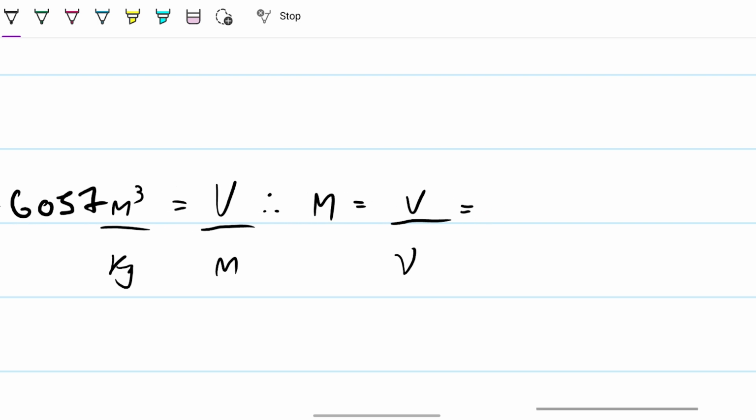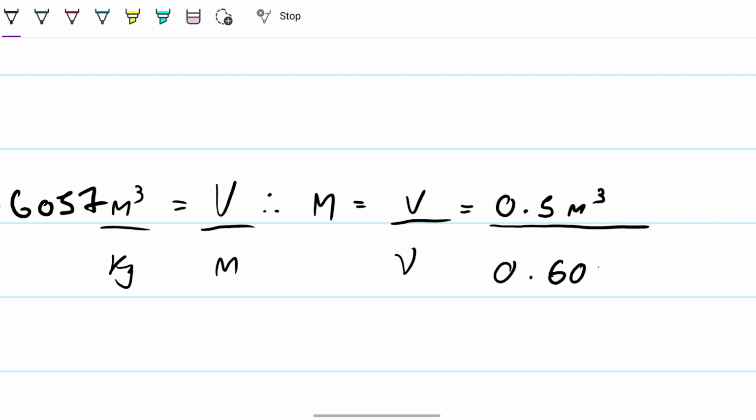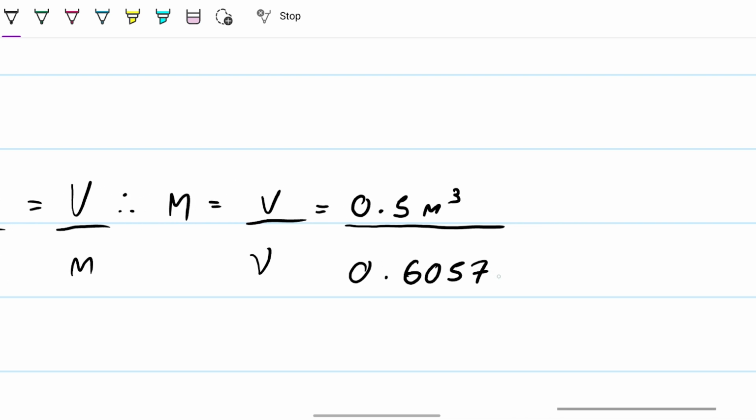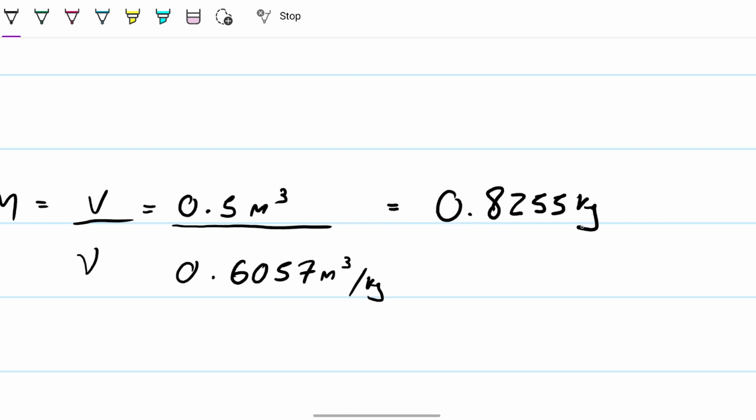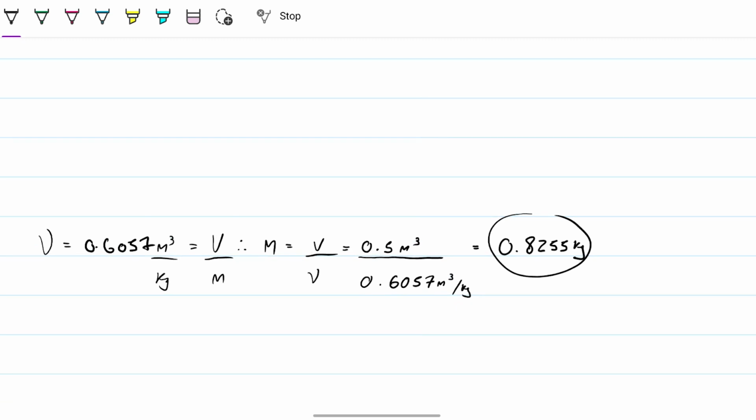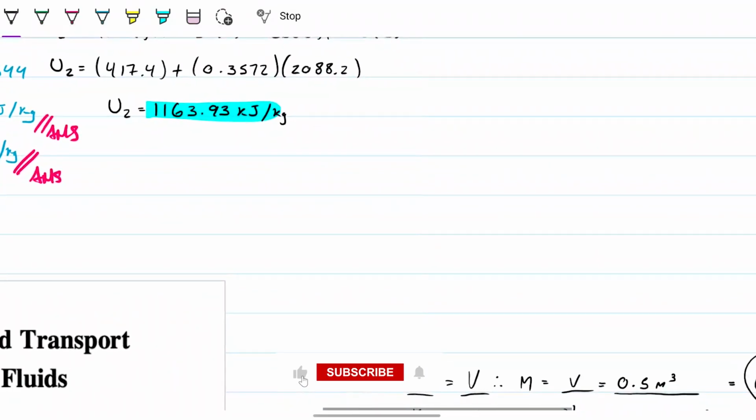So you take the 0.5 meters cubed, divide that by 0.6057 meters cubed per kilogram, which gives the amount of mass that I have, 0.8255 kilograms. Okay, and then with this, I can multiply my heat here